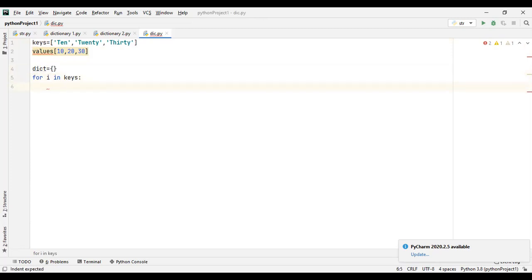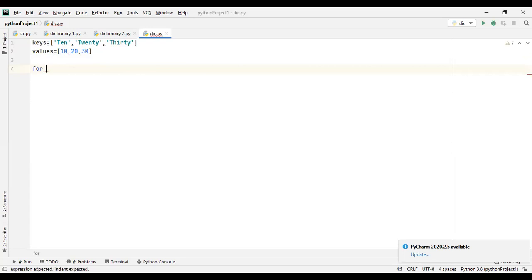Okay, that means I in keys, that means it will take the values of keys. So I will become 10, then it will become 20, then it will become 30. I'm also trying this with you, okay? In this again, I'm saying, so we can, sorry, that was the wrong thing.